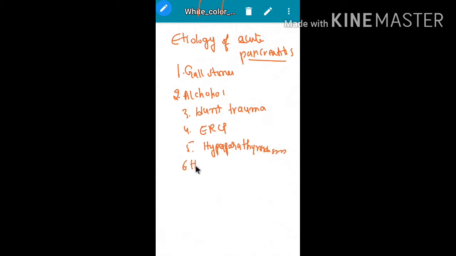Hypercalcemia, hyperglycemia, hypertriglyceridemia, cancer of pancreas,